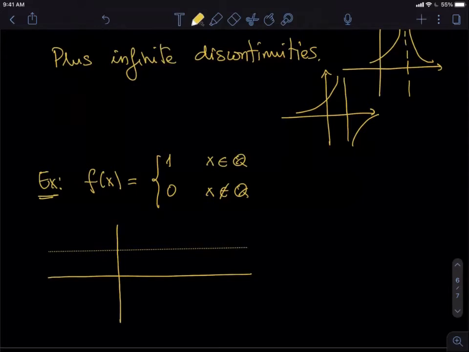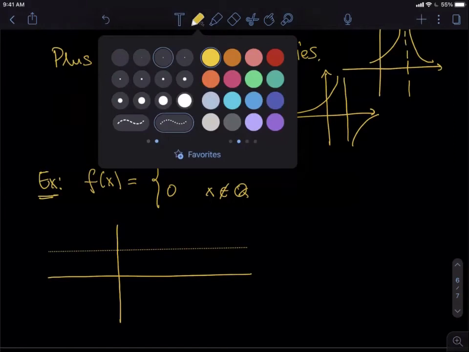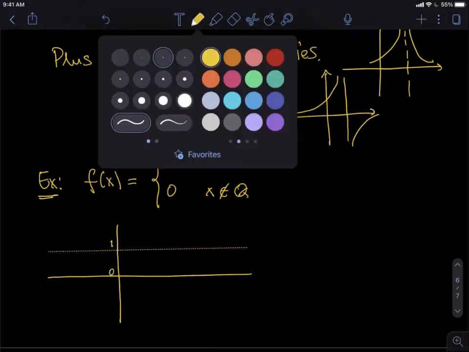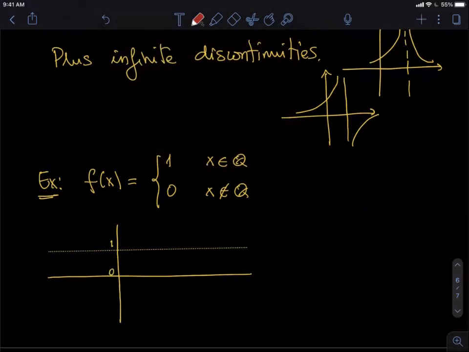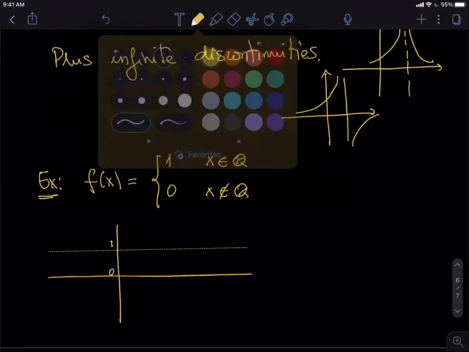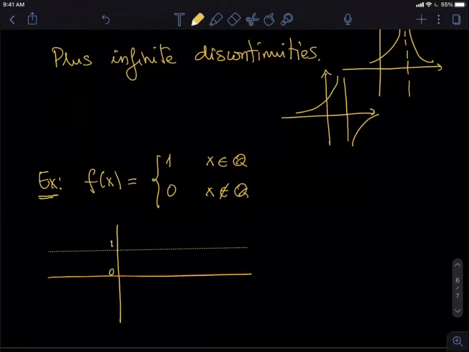The graph of the function would be both a line at height 1, but also at height 0. Okay, we'll have both of them because for us it will look quite solid. Okay, we cannot tell that there are any missing points, because the rational numbers and the irrational numbers are both dense on R. Okay, but here is definitely an obstacle for continuity because this function